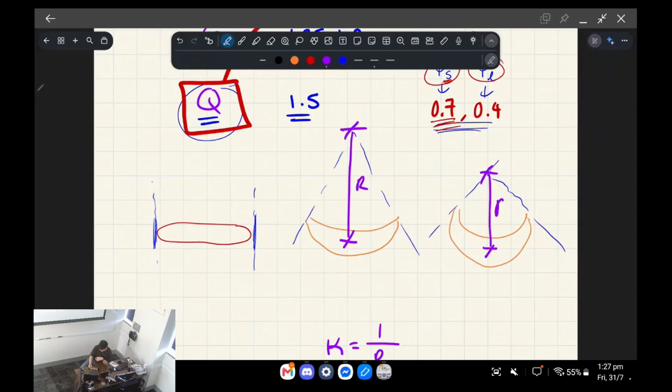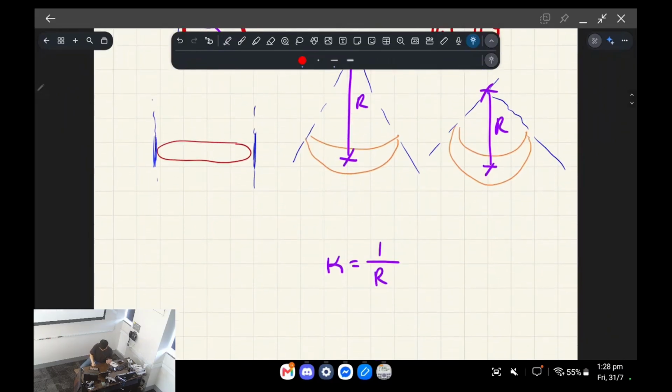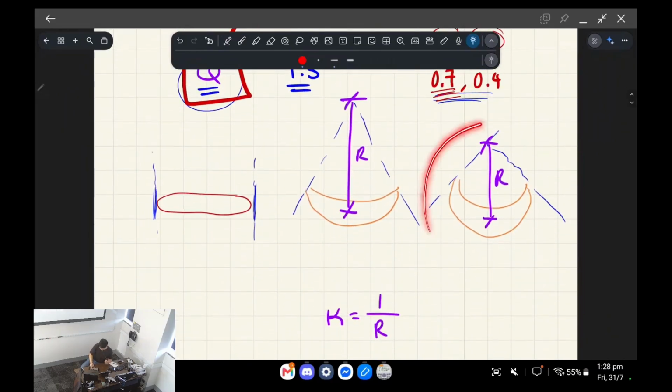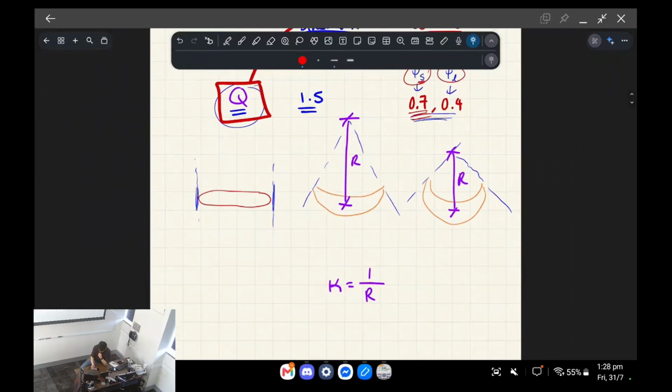That's basically the radius of curvature. So that's one way you can think about it, right? If you have a larger radius of curvature, you have a lower curvature. Conversely, if you have a lower radius of curvature, you have a higher curvature, okay? So if you have a higher K, it means this thing's more curved. So there's kind of an inverse proportionality between these two concepts. Okay, so